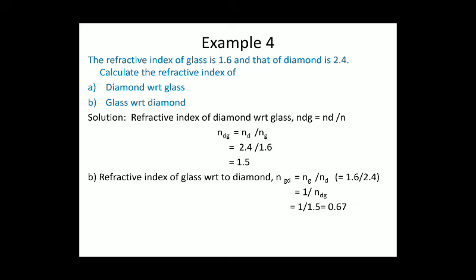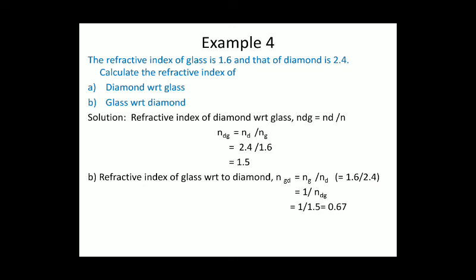Whatever formula I have told you, that is n21. The subscript 2 is coming first, so in the numerator n2 upon n1. So here the formula, refractive index of diamond with respect to glass. Here I have mentioned nDG, where D stands for diamond and G stands for glass, and that is equal to nD upon nG. In subscript 21, 2 is coming in the numerator and 1 in the denominator. Here the subscript is DG, so D comes first, in the numerator, G afterwards, in the denominator, and on putting